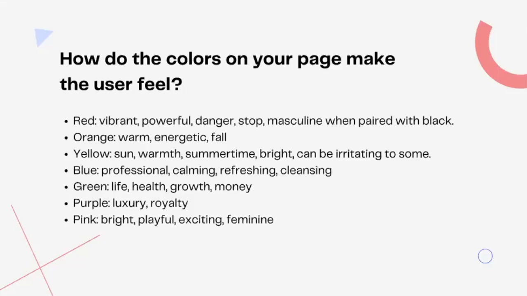For example, red might be a great color if you want to create a very masculine looking site. If I was working with a man who wanted to create a site that felt super manly and masculine, I might pair that with black and maybe some grays and really find ways to incorporate red into that. Or if I want to communicate some power and some vibrancy on a page, I might use different shades of red. Different colors and shades and hues can really create different emotions. So that's something to think through.